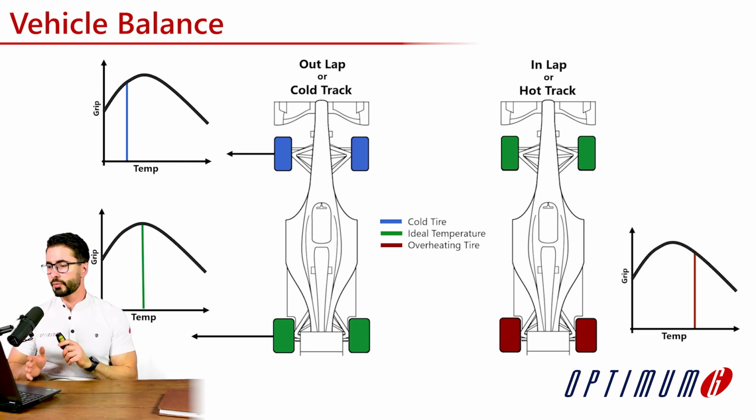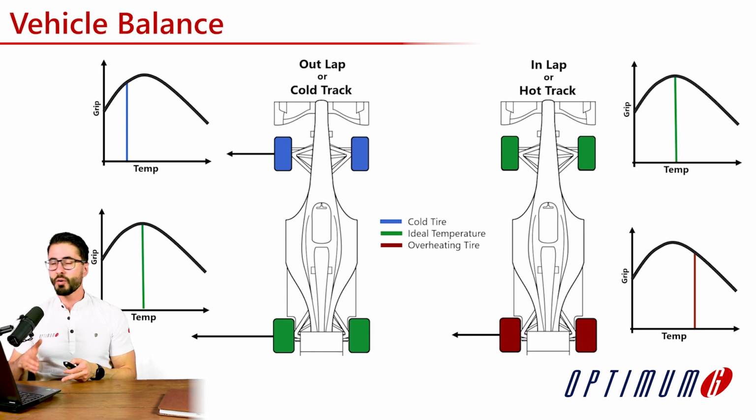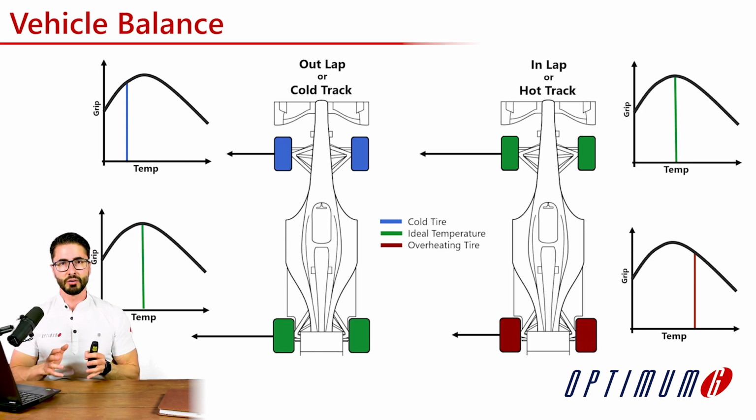In this case, on the rear, you would again lose grip because you're past the ideal window. You're not gonna generate a lot of force, while on the front, you are now at peak grip, generating a lot more force. You can see that now it's the opposite situation. We have an oversteering car. This example helps you understand how different temperature between front and rear axle will influence car balance throughout the stint